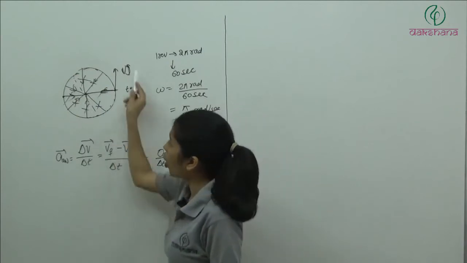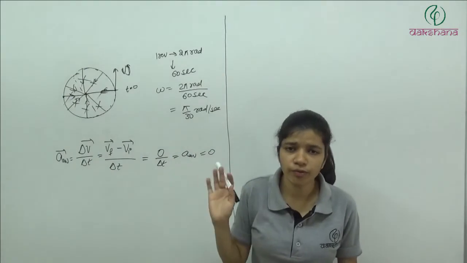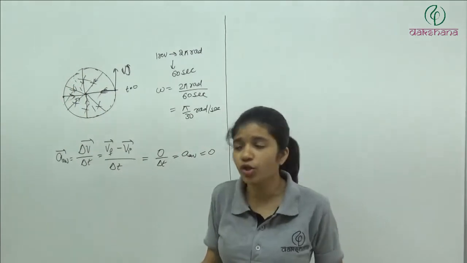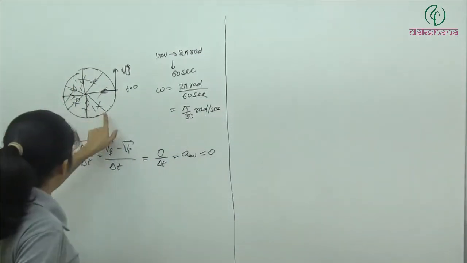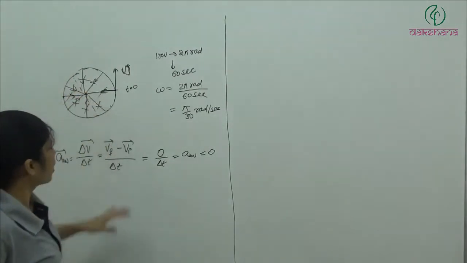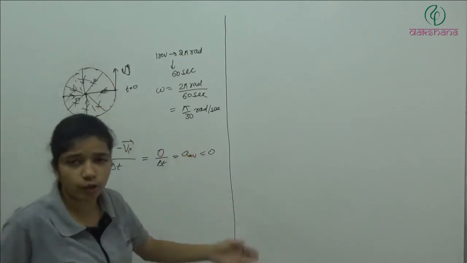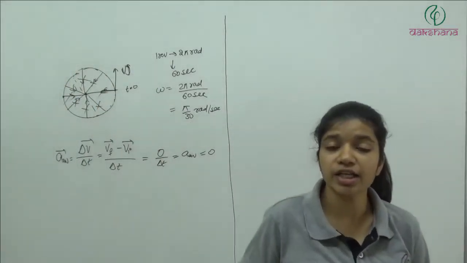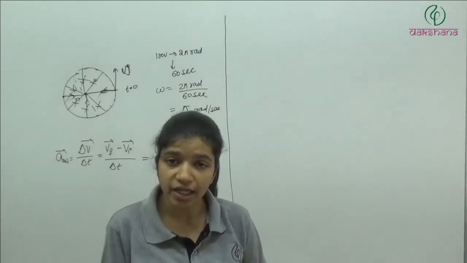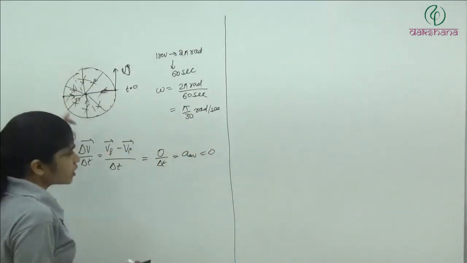So if you add all the accelerations in this interval and divide by the number of accelerations we are adding, what will come? The sum of all the accelerations will be 0, because for some time acceleration is in this direction, for some time in this direction, so this will cancel this one. And if you want to do it the other way, after one revolution there is no change in velocity. Whatever velocity there was at the starting of the interval, after the completion of the interval the velocity is the same. So delta V for that complete interval is 0. No change came for this complete interval. Forget what happened in between.